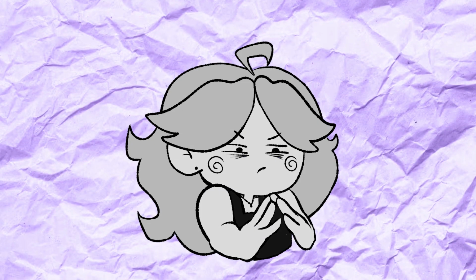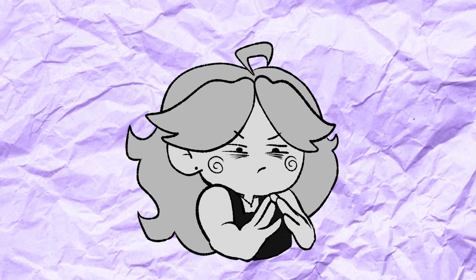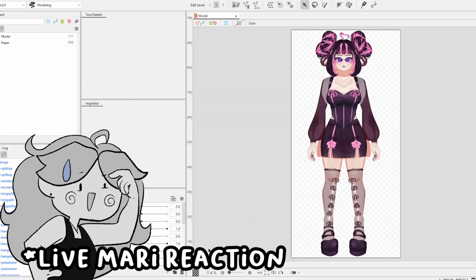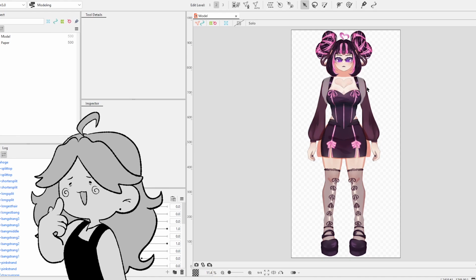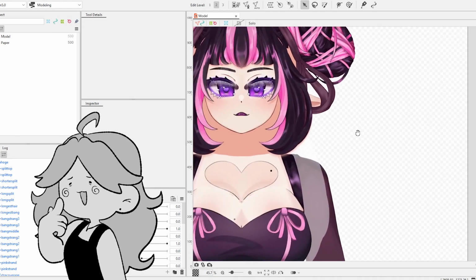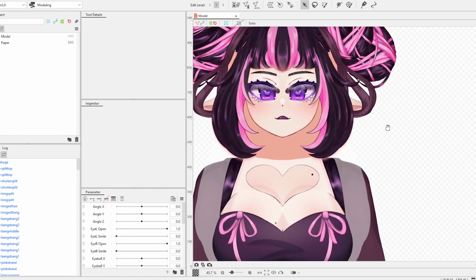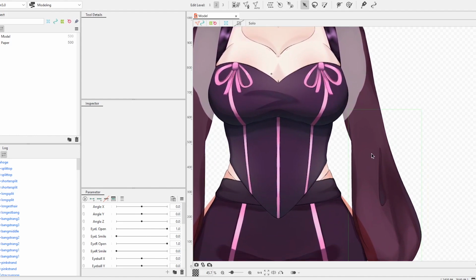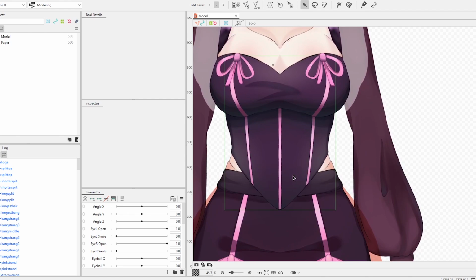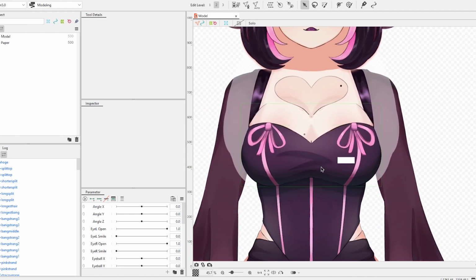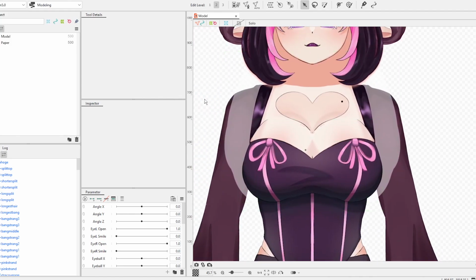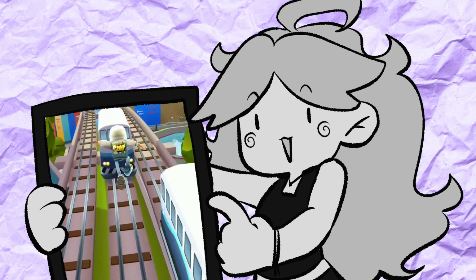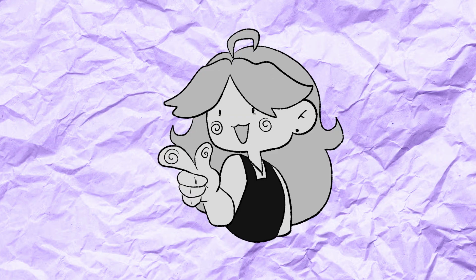After getting flashbanged, the first thing I did was obviously think I somehow broke my model because it looked like this when I opened it up. What? I figured the clipping was gone, but I couldn't understand how to clip things in this, so it gave me a much needed reality check that just because I knew how to draw and use my other programs doesn't mean that it's 100% going to translate into this, and that I needed to look into how to actually use the program before actually opening it up first. So after a couple of hours of being an iPad baby and learning to read,